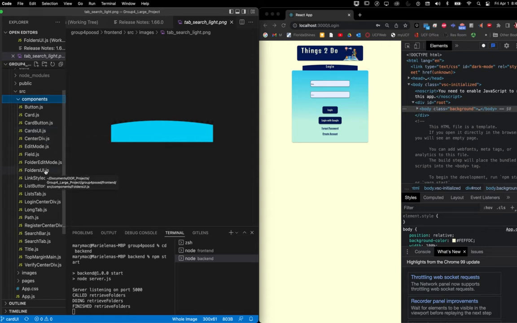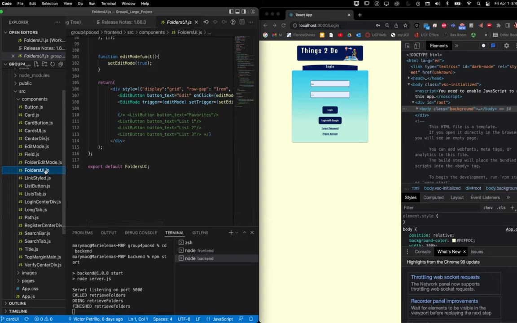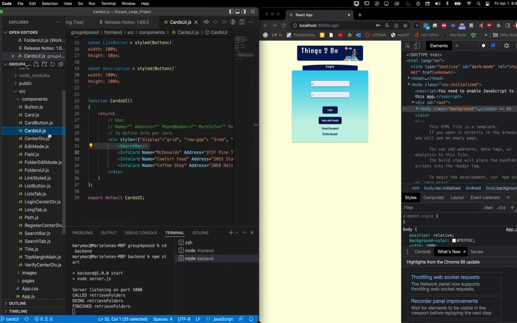The folders user interface, which is the lists tab div section, where we're going to have all the lists of places, and then the cards UI, where the actual places are going to be displayed when you're searching or when you open one of your lists in